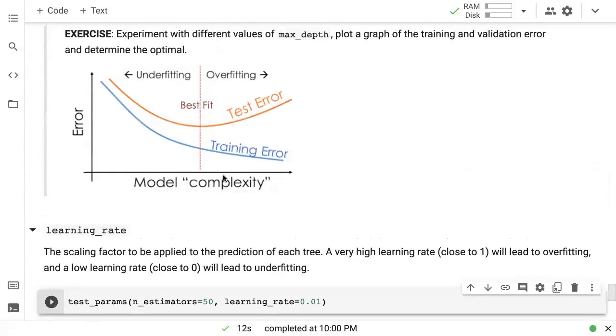And also, just to clarify, overfitting is not a situation where the training error has to be 0. That's not the case. Overfitting specifically is described by this scenario where the training error is decreasing as you increase the model complexity, but at the same time the test error is increasing. So the model is getting worse even though it is getting better at the training data.